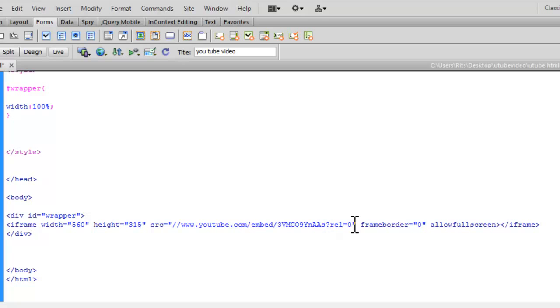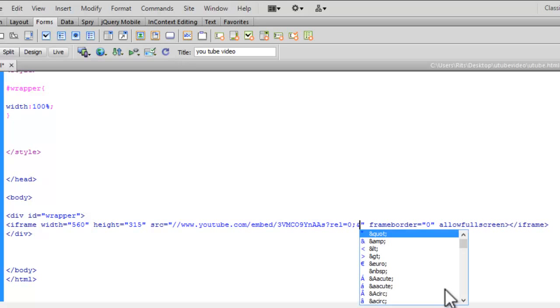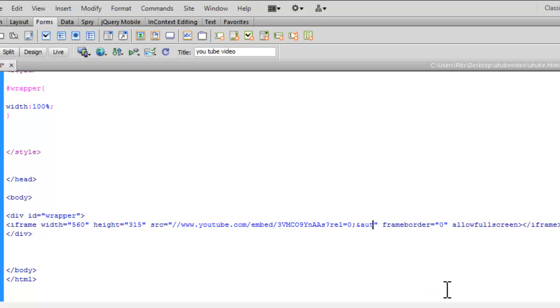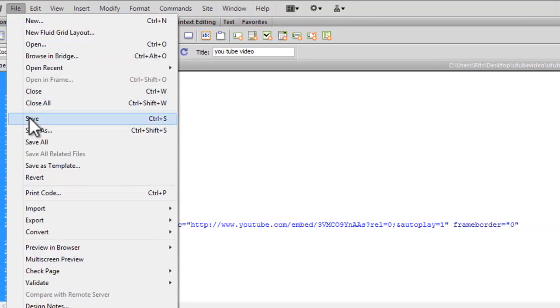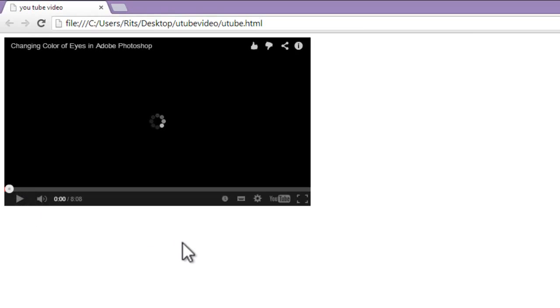I will just go after this 0 and add a semicolon and autoplay equals 1, and again let me add HTTP colon. Let's save and reload. So this is how we can have the autoplay option in our video.